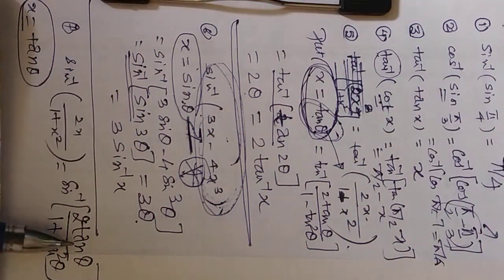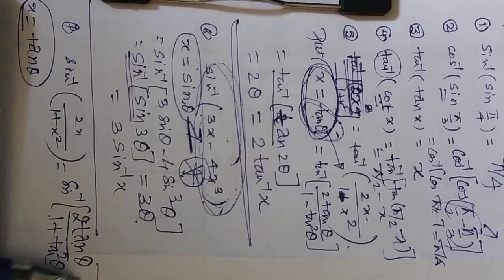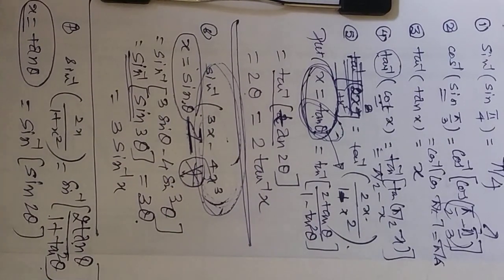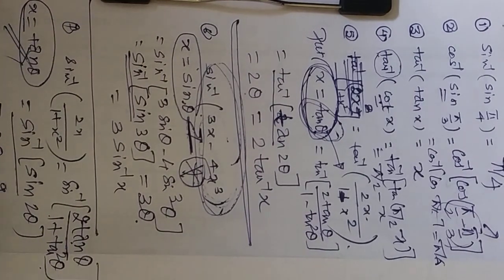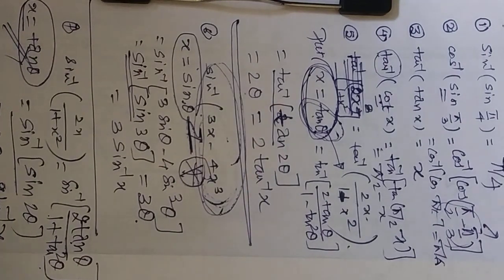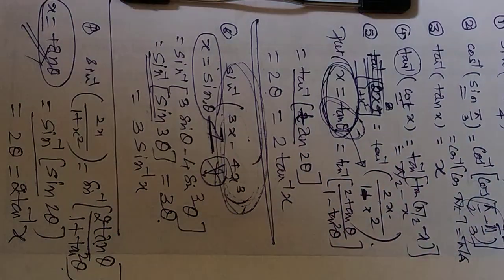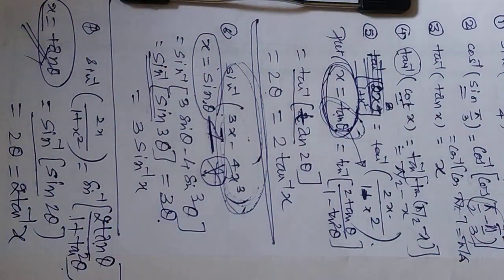2 will be 2. Tan theta can be written as sin theta by cos theta. 1 plus tan square theta will be sec square theta. And if you keep on simplifying, you will get sine of 2 theta. So further simplification is nothing but 2 theta, but theta is known to you, it is nothing but tan inverse of x. So this is a procedure answering the question. Sometimes you have to think about what is the value of x to be replaced and get it simplified.